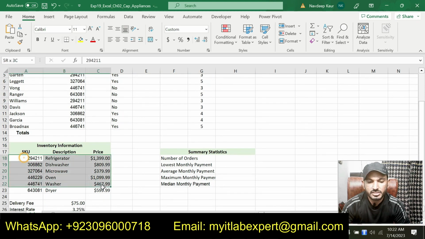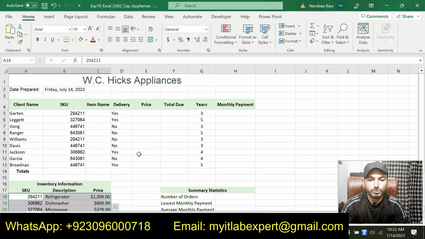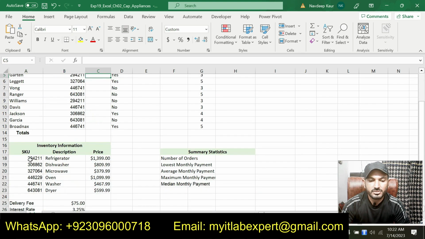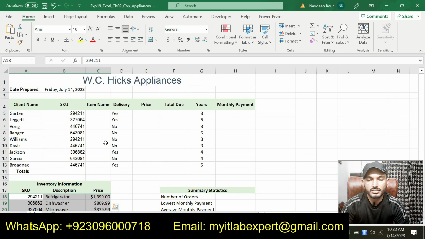So inventory information is given here. These are the inventory information that are given, and we are supposed to show the item name based on this inventory information. And for this we are supposed to use our lookup function.